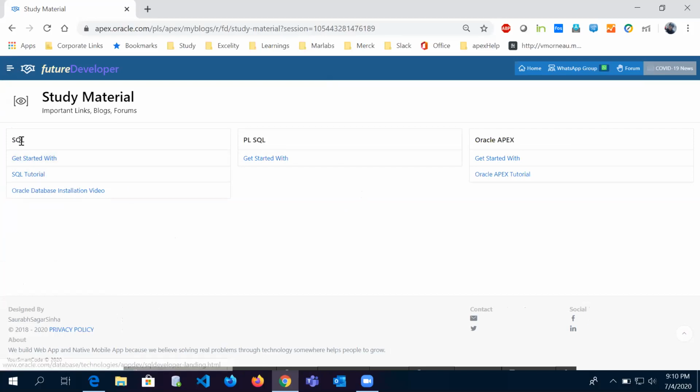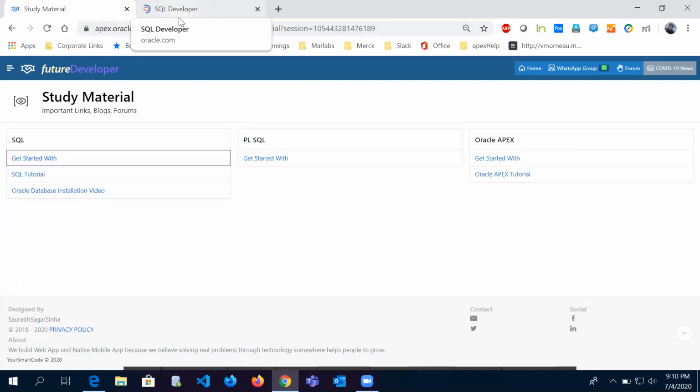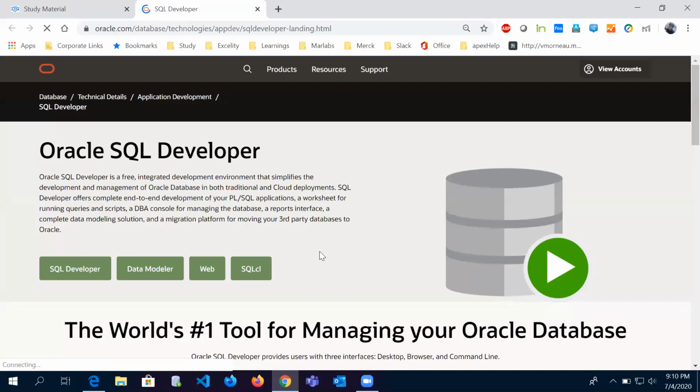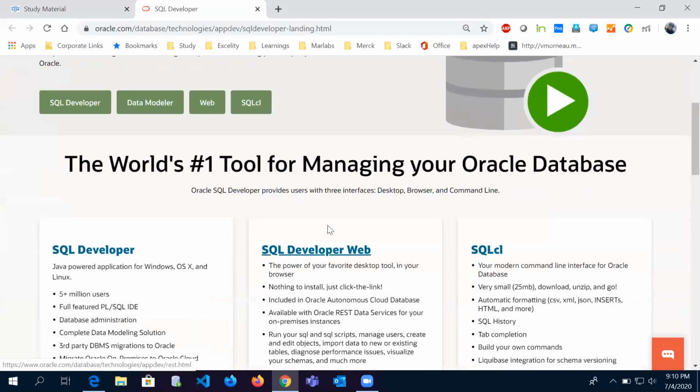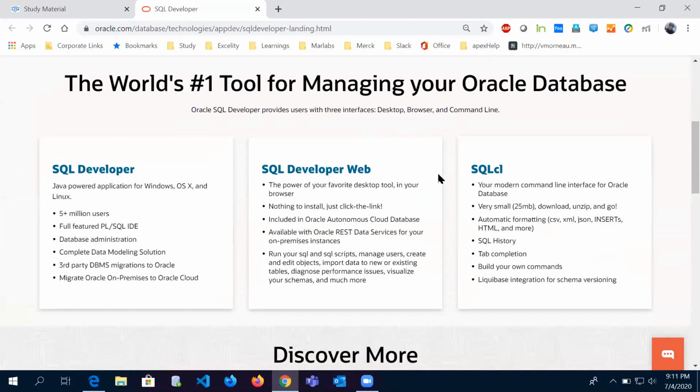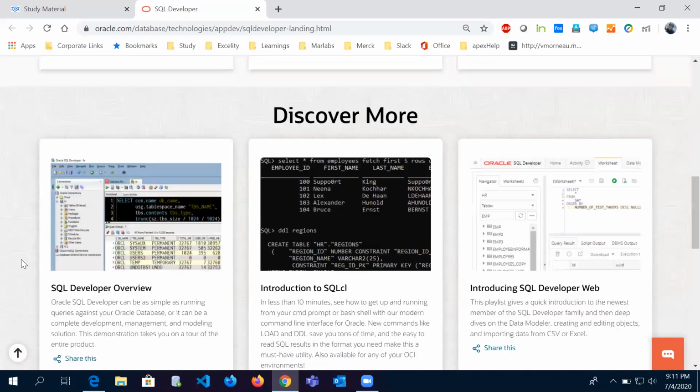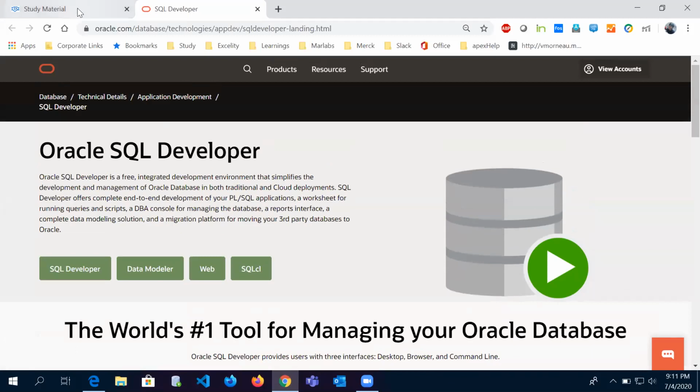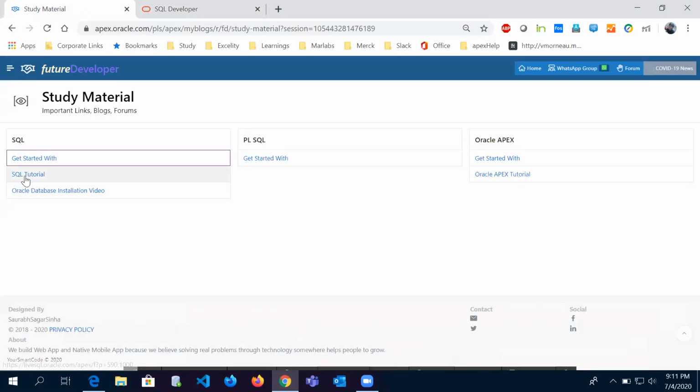So if you want to get started with SQL, you can go through this link, Get Started With, and you will get the material from where you can start. Here all the things are explained about SQL Developer, how you can start with SQL Developer. Same with the SQL tutorial, and we have an installation video as well. So please go through all these links. You will get to know what we are going to have in our future sessions. So these are the basic stuff we have uploaded,